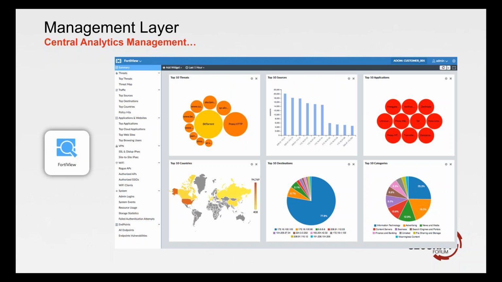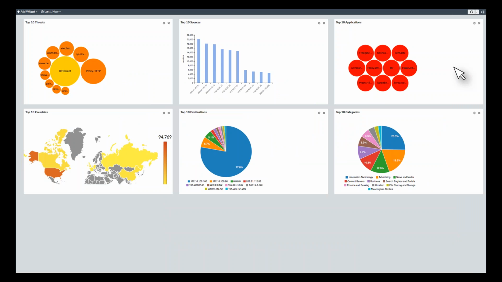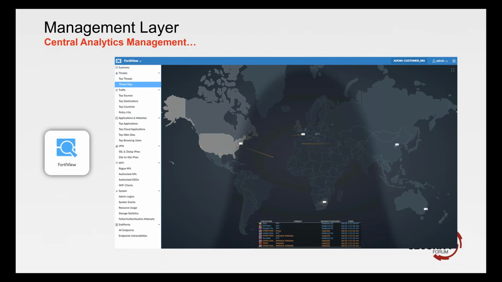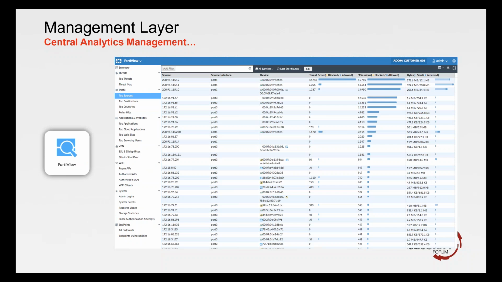So FortiView enables you to, as I said, do a lot more drill down into the individual components. And again, you can configure the GUIs, you can configure the dashboards in this like you can with a FortiGate and FortiManager as well. What it effectively allows us to do is go in and drill down into a lot more detail within the actual FortiAnalyzer side. So it allows us to see what's going on in the units, what the threats are that are potentially coming through, as part of our whole management side of things. But as well as that, it also allows us to do further drill downs into different areas.